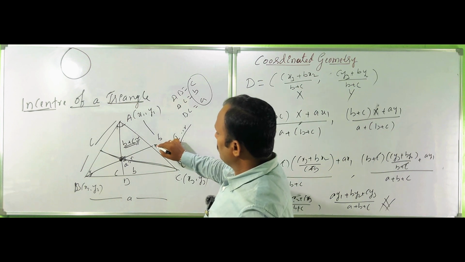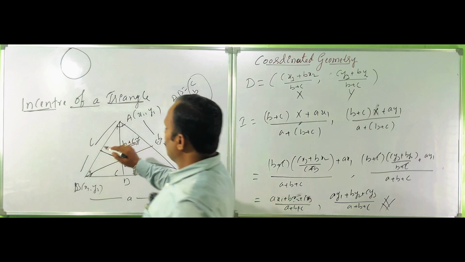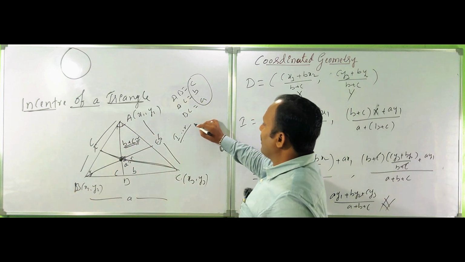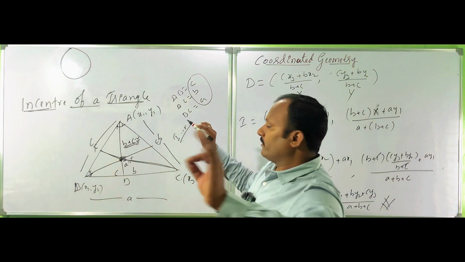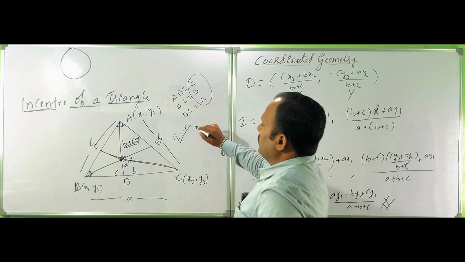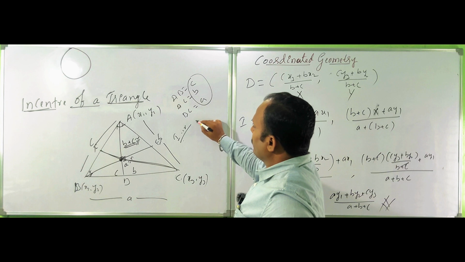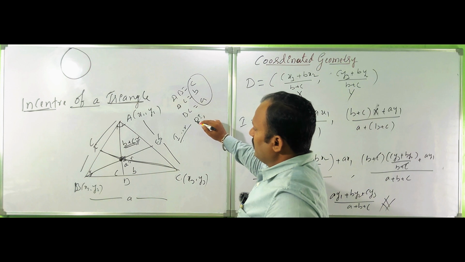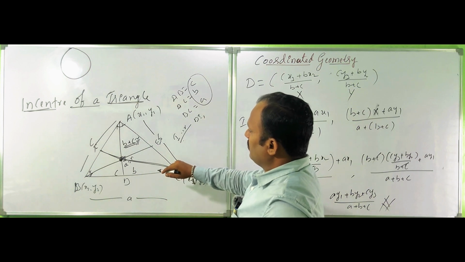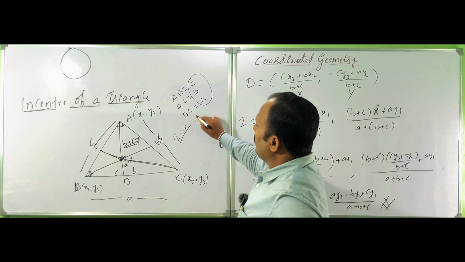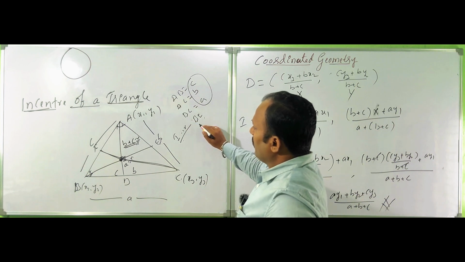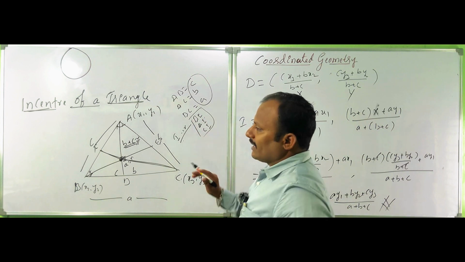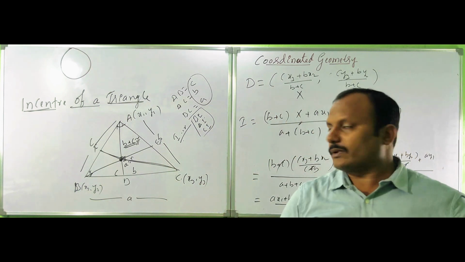This is called D, this is called E, and this is called F. I is common, the incentre, the common center for the bisectors DI and AD, and the bisectors of angles BI, AI and CI. I is the common intersection point. That's why the lengths